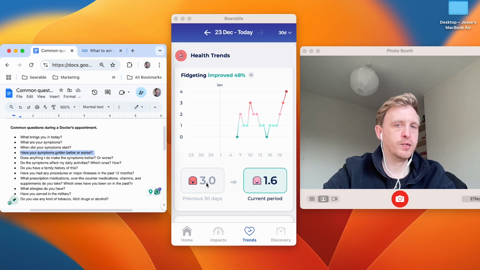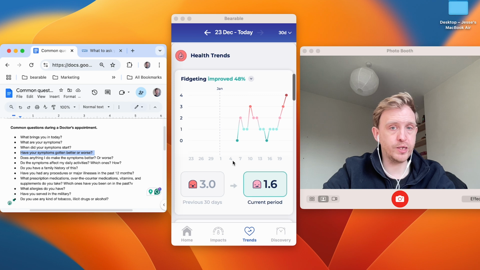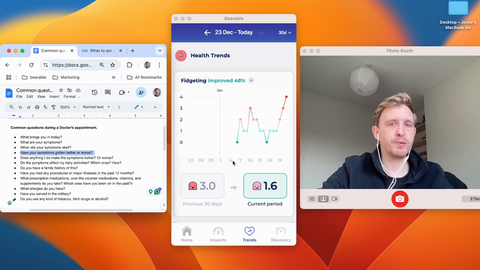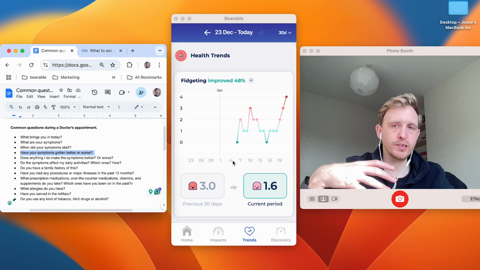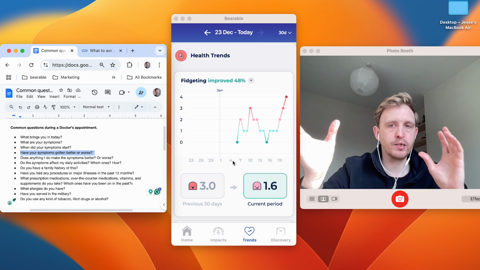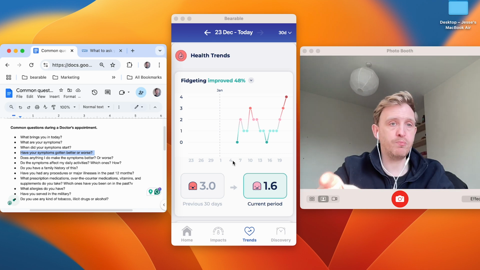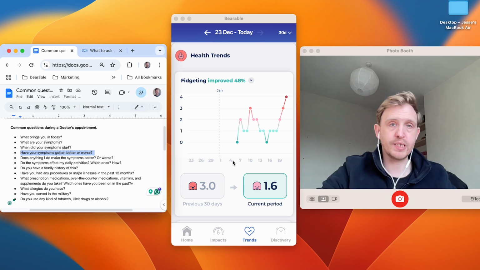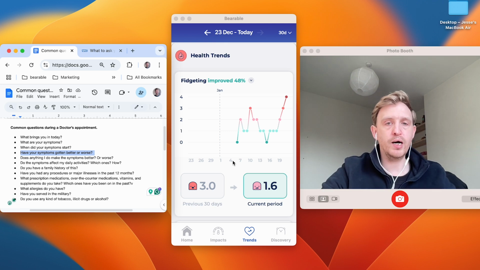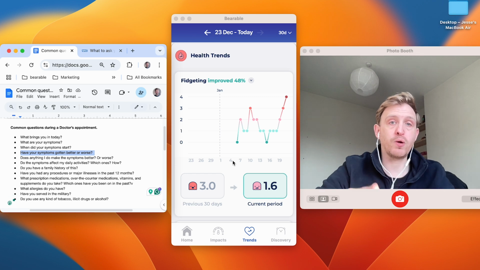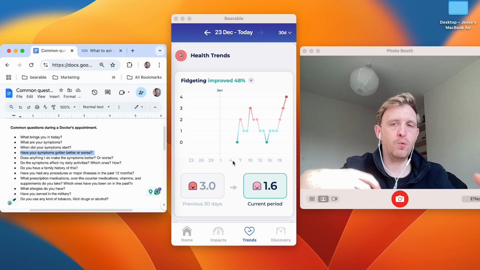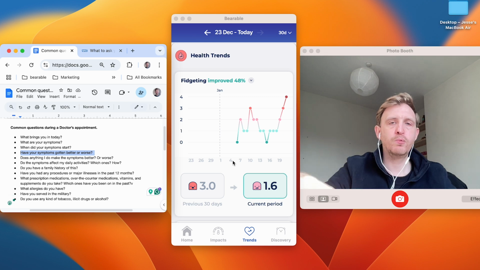This might be something that's useful to screen grab and share with your doctor. Something we've been told by Bearable members is that if they are going to share data, it helps to answer a question, screen grab one of these things, put it into, for example, a Word doc online, and then turn that into a PDF to send to their doctor, or print out and take with them. I think often printing out and taking with is a better solution. You've heard that as well.